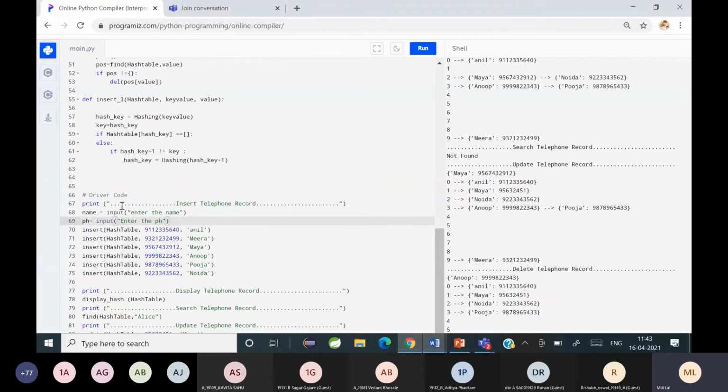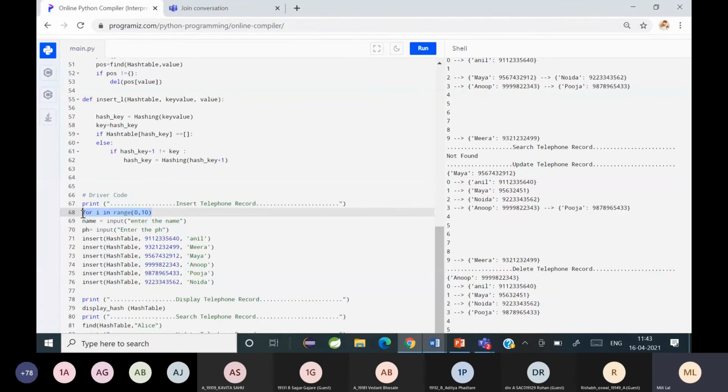Yes, you might put it like this: for i in range 0 to the length, or 0 to 10. If you don't know how many records, to accept the number of records you can again take an input,